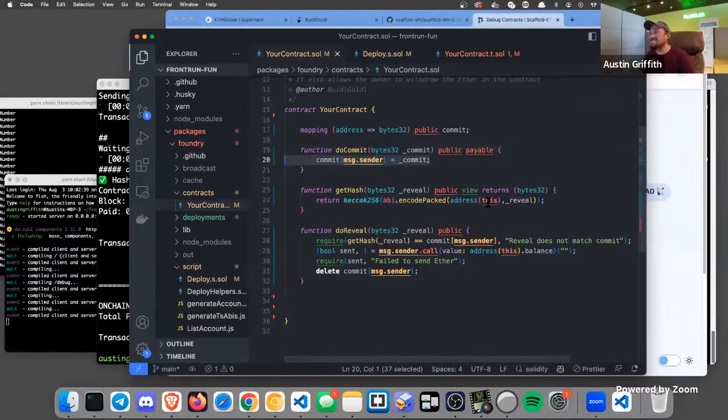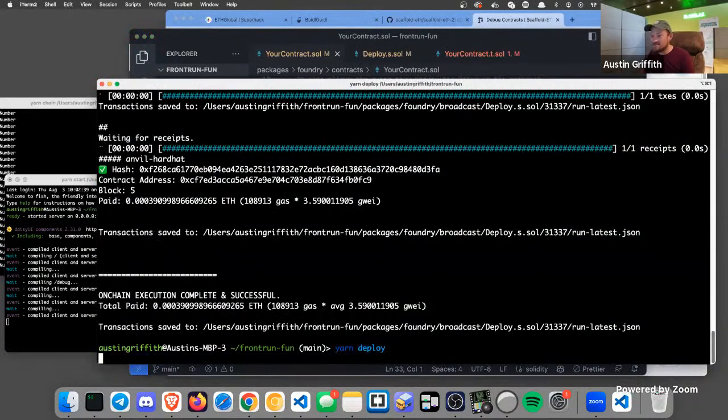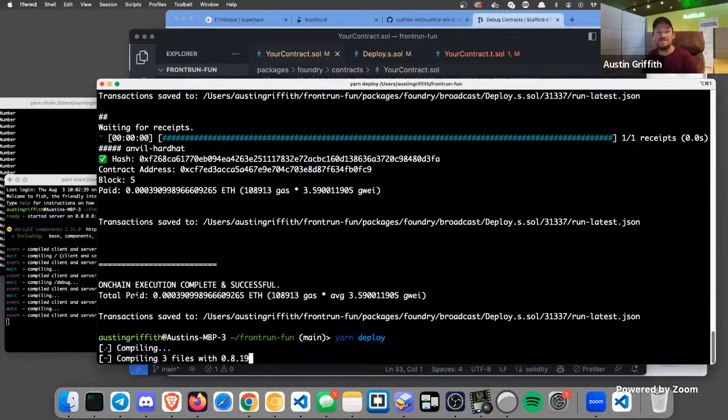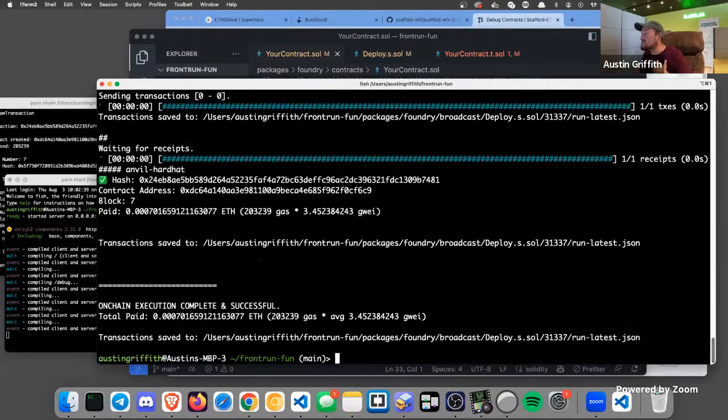I don't know. This is not secure in any way, right? We're tinkering around. We're trying to play around with commit-reveal mechanics. We're trying to see what happens on mainnet. Let's just see if this even deploys. The point is that you as a builder can tinker around with Solidity and figure out